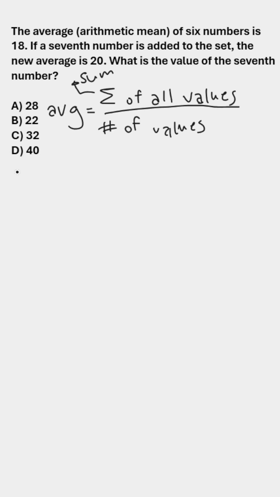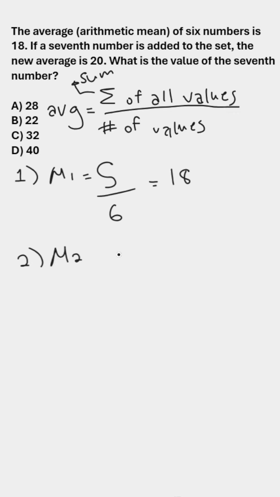So our first equation here, we're just going to set that equal to our initial average. So we're going to say M1, our initial average, is equal to this unknown sum of 6 numbers. Since we don't know what that is, we'll just call it big S, over 6 is equal to 18. Cool, nothing crazy. And for our second equation, we're going to say that our new mean, we'll call that M2,